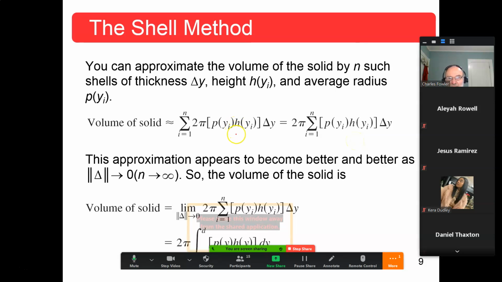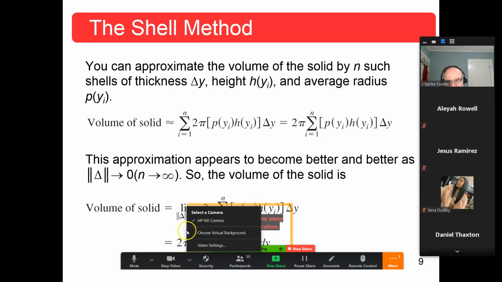That approximation appears to be better and better as the norm for that partition, that's what the delta inside the two parallel lines shows, is approaching 0. That means n is going to infinity. So the norm is the largest of any of those partitions. So the volume of the solid is the limit as that norm goes to 0 of 2 pi times the summation i equals 1 to n of p of y, h of y, delta y. So that's the 2 pi times the integral,